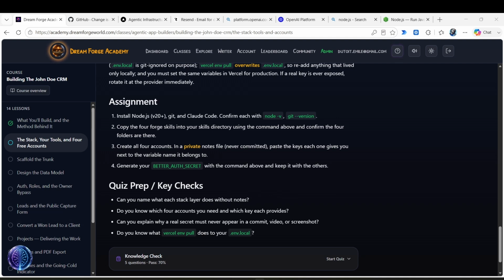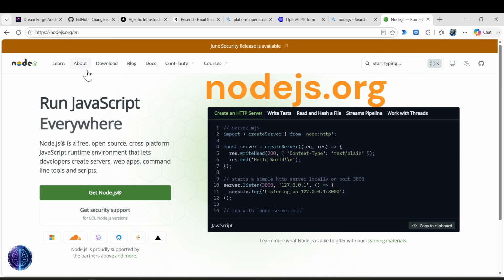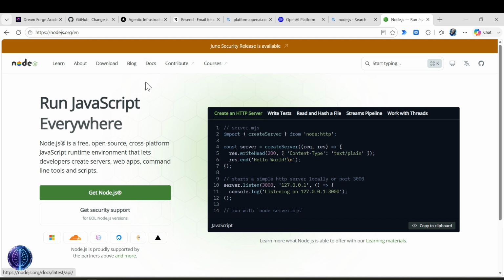But just for reference, I'm going to show you where the websites are and a logical sequence to start if you've never done this before. The first requirement is to visit nodejs.org and read how it works under the documentation if you're not familiar with it. Otherwise, make sure that you get Node.js installed for the operating system that you have. Start here and that will guide you.